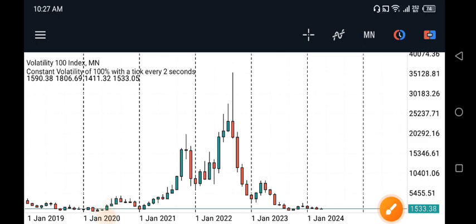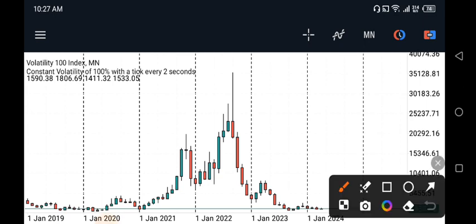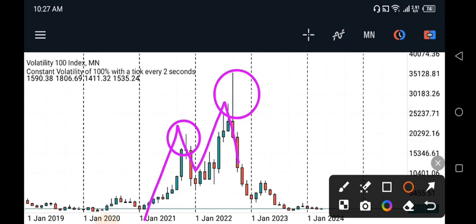Volatility 100 index price prediction and technical analysis, and we find ourselves at this point in time on the monthly chart. And on the monthly chart, it is quite clear that the market had given us in the past this overextended double top, with this side being the first leg and this area being the second leg. And again, it is an overextended double top because that first leg is much lower than the second leg, and